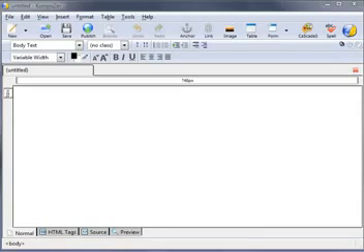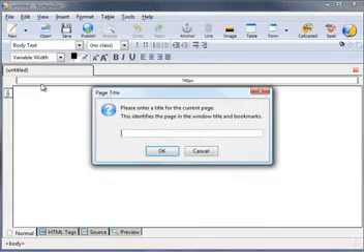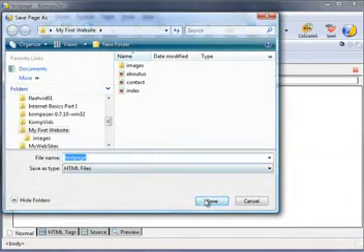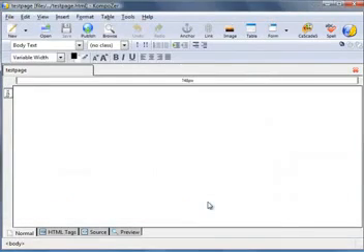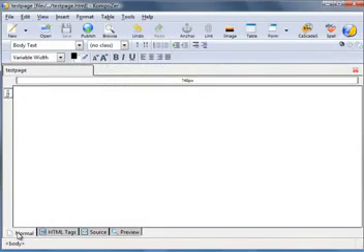Okay, let's start with a blank worksheet. So let's save this. Call it test page. Just leave it as test page. Okay, though there's nothing on the actual preview window, if we go to the source, there's a little bit of HTML there to start with, just to introduce the document type, HTML, and gives the page title there. If we go back to our normal window and type in a title,